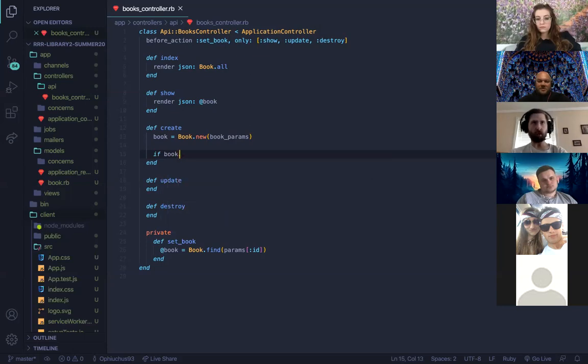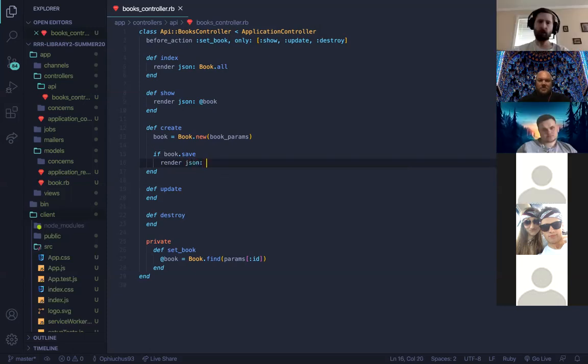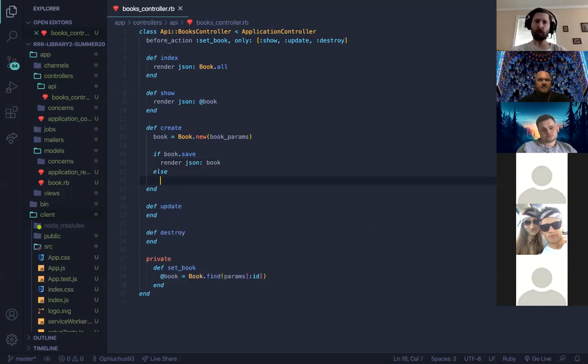So if book.save, then we're going to render JSON book. Else, we're going to render JSON book.errors, status